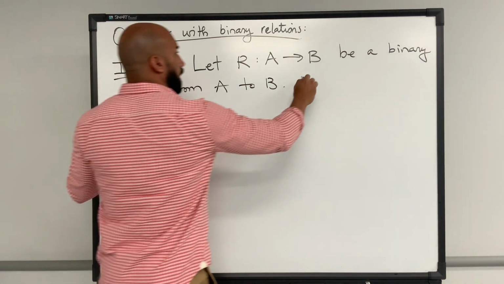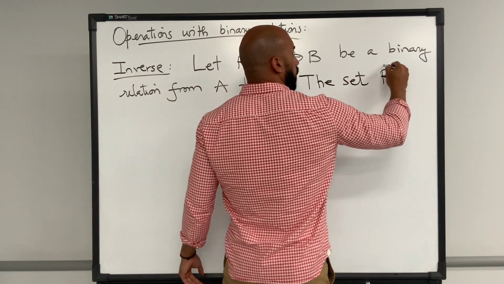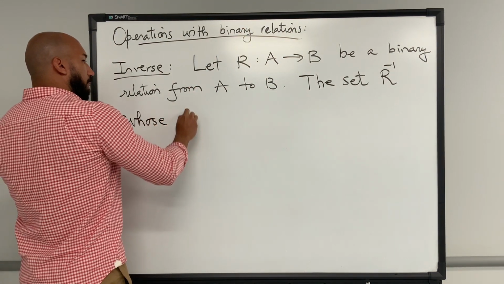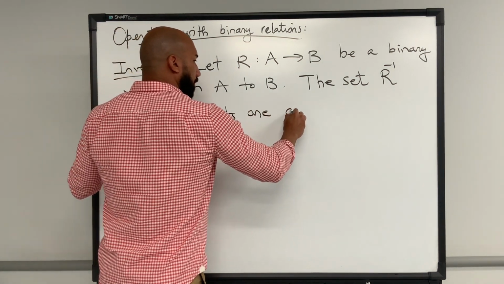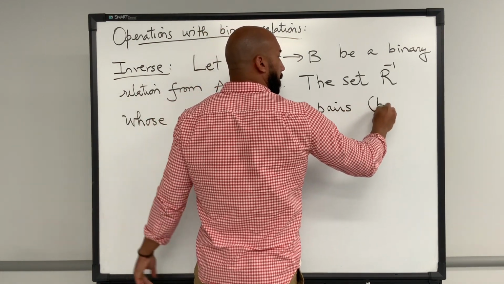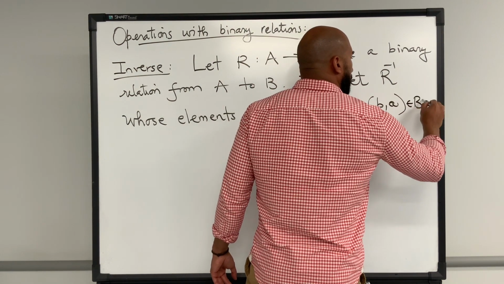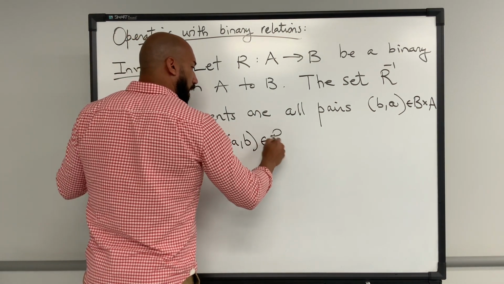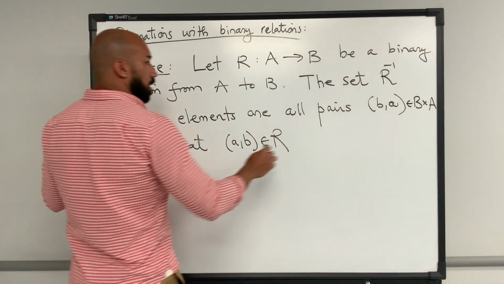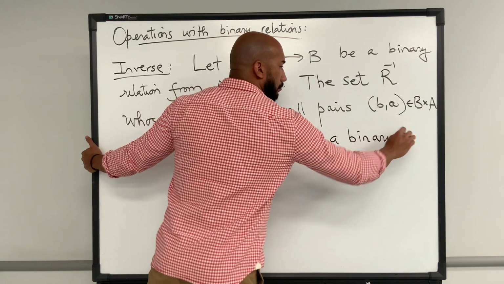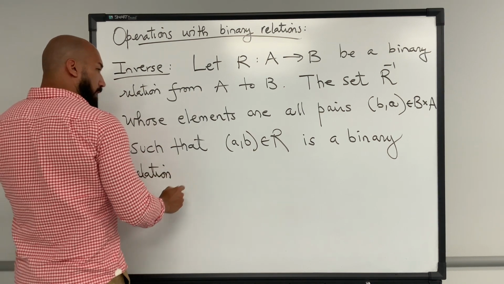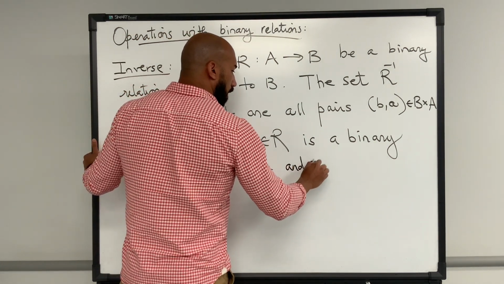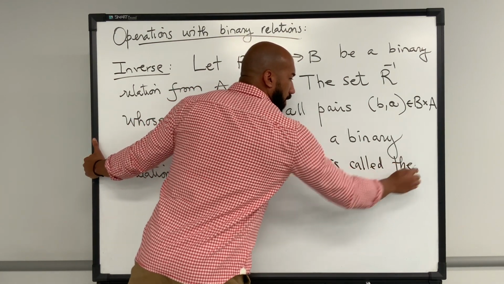Okay? The set, which we are going to denote this way, the same R but with an exponent -1, whose elements are all pairs BA in B Cartesian product A, such that the pair AB is in R, is a binary relation from B to A, and it is called the inverse